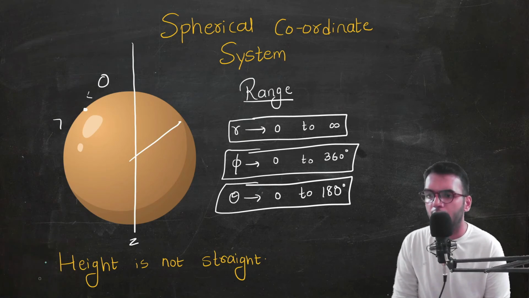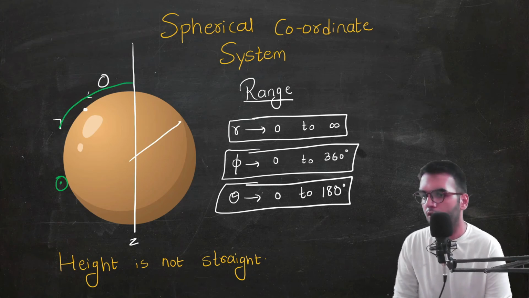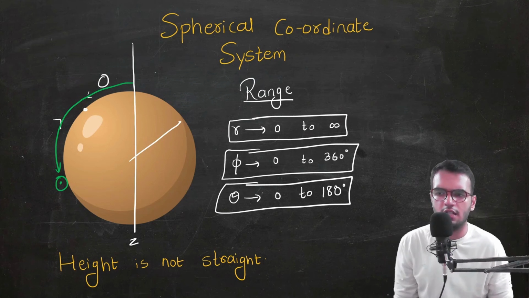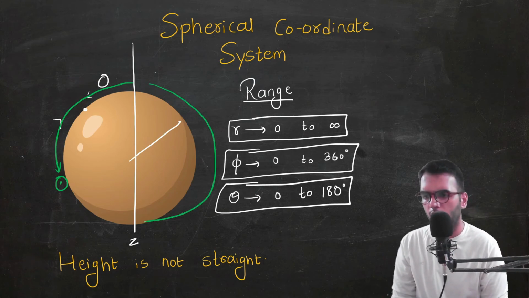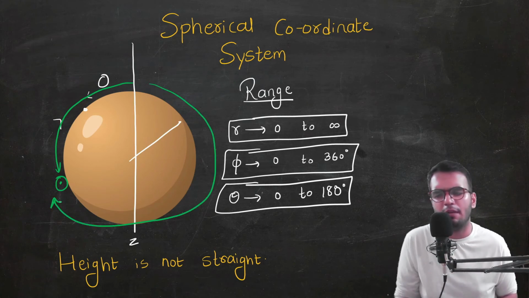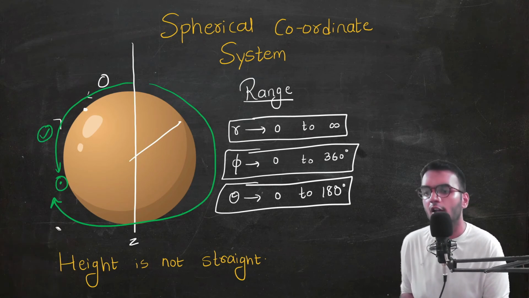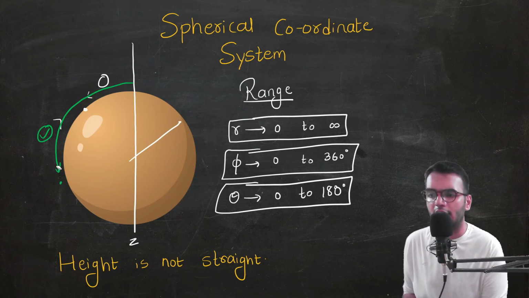Let us suppose I want to reach this point now. What is the way to reach it? One way is tilting the vector from this to this position. The other way is tilting the vector from this to this position. Tell me which is the sensible way. Someone will say, obviously this, the shortest distance. So this is the way things are defined.